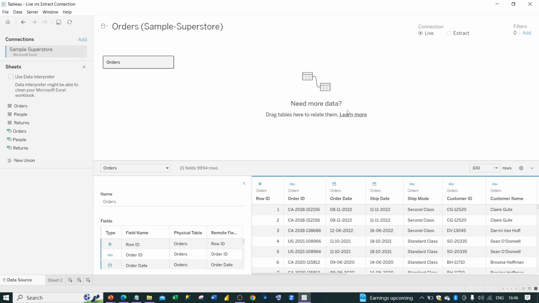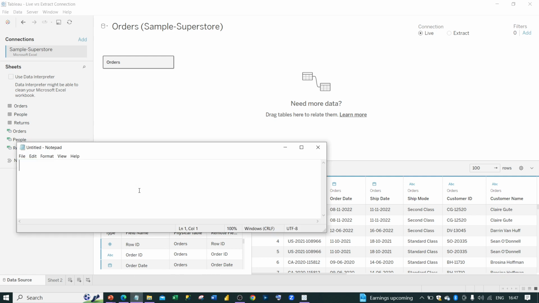Hi guys, let us understand where to use live connection and where to use extract connection. Live connection is basically used when the data source is hosted in the cloud, any live platform, we are taking the data. In case of a live data platform, live connection or live data,